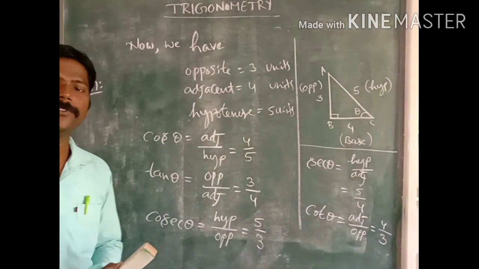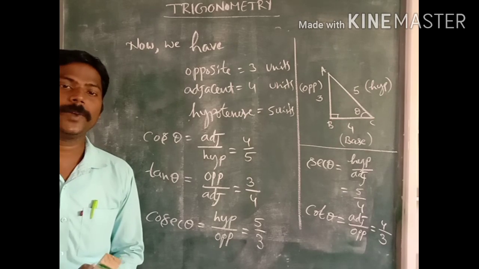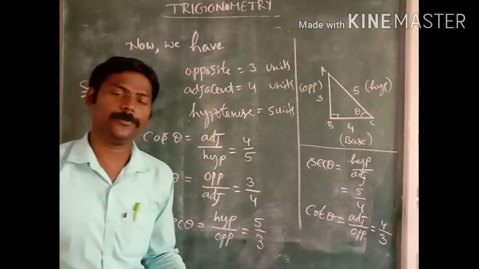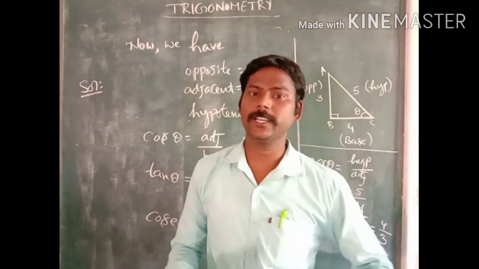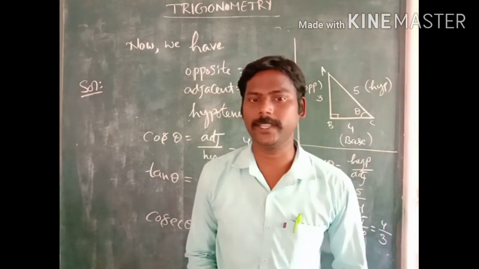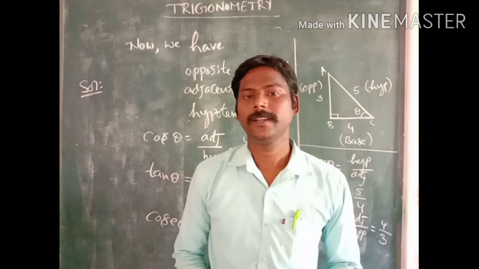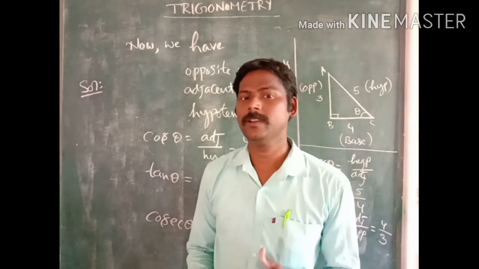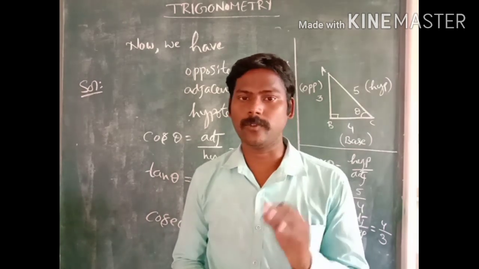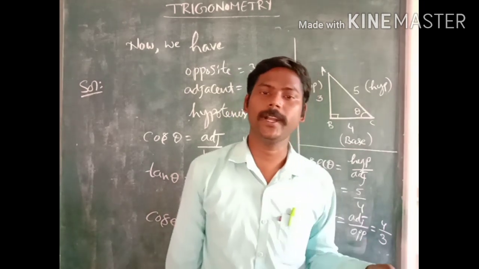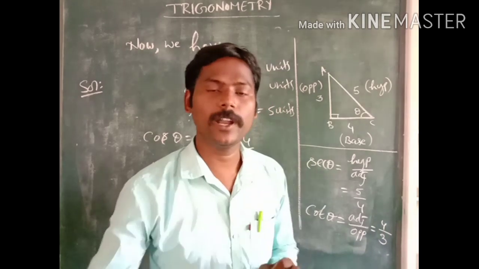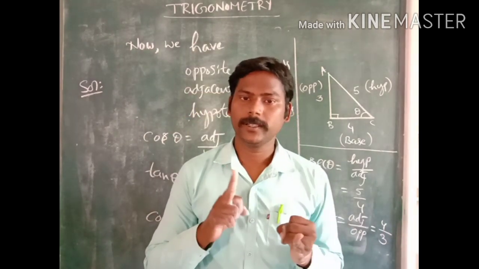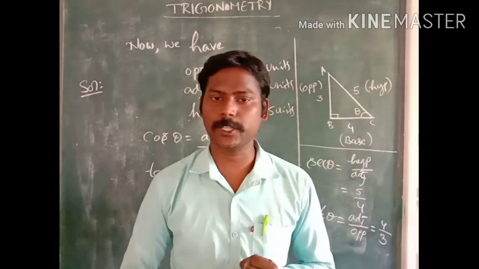This is one of the ways to find the trigonometric ratios. So in mathematics, if we solve any problem, you can use different methods. This is one of the methods to solve trigonometric ratios. So like that you can do any problems, where one trigonometric ratio is given to find the other trigonometric ratios. Once all of you remember what I am explaining today, recall the definition of trigonometric ratios.